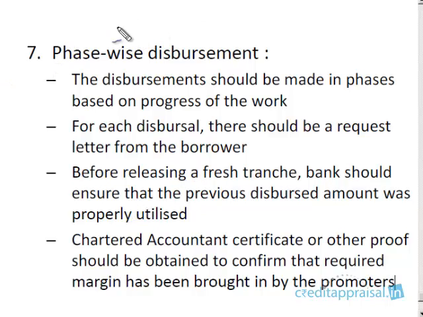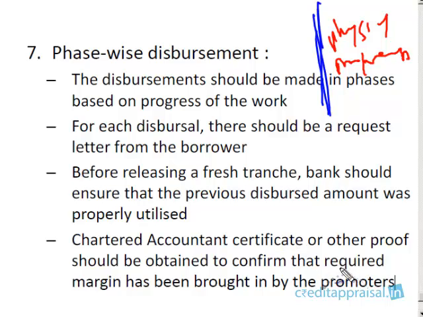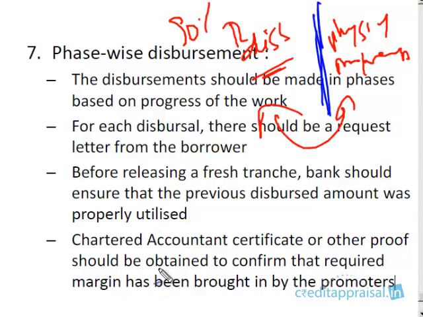Okay. There are two aspects here. One, there is a physical progress as far as the implementation is going on, and there is your term loan disbursement. These two should go hand in hand. Okay, there should be a linkage. Say the term loan is 10 crores. You cannot disburse up to 90%,